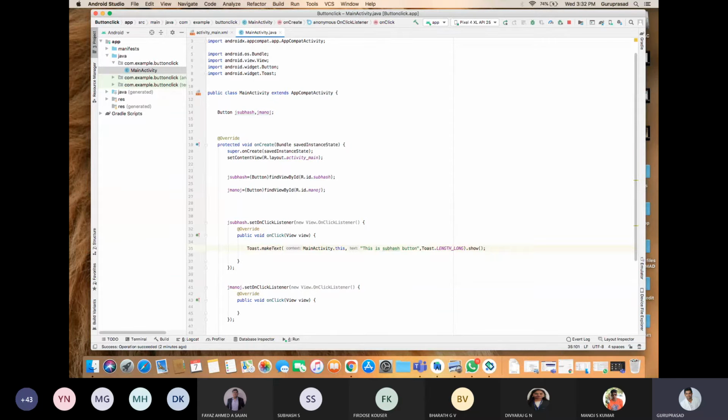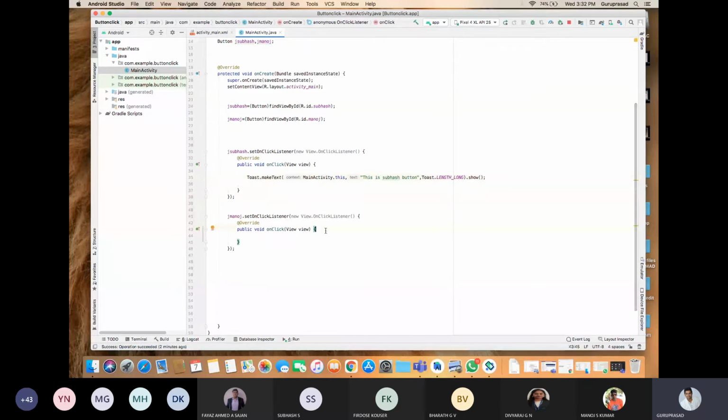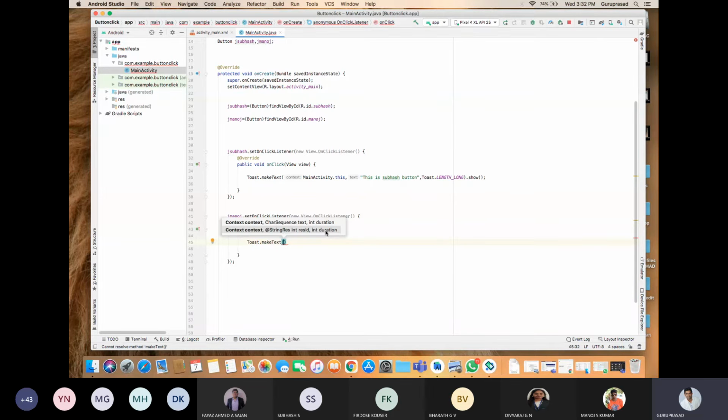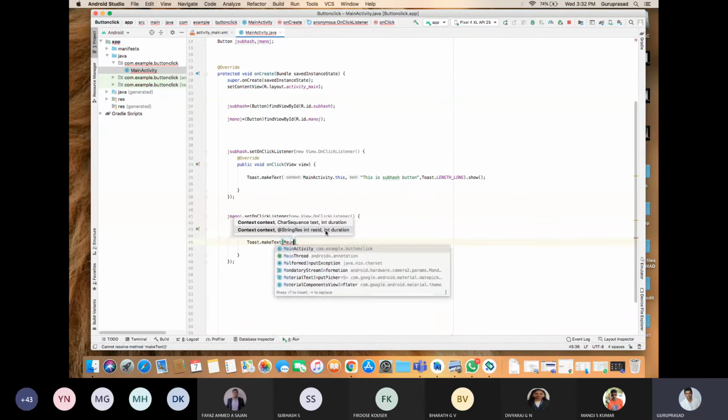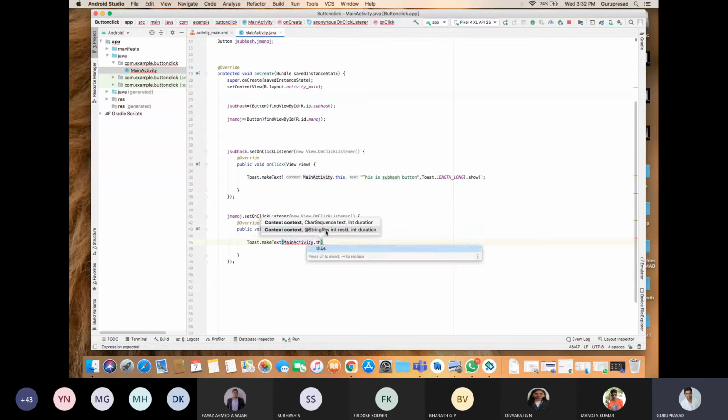Getting my point? Next, when you click this Java Manoj, you need to toast the message, dot makeText. Where do you need to make it? In the same activity only, MainActivity.this. What do you need to make?